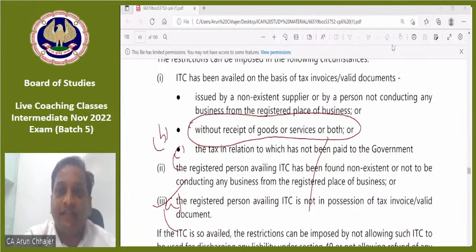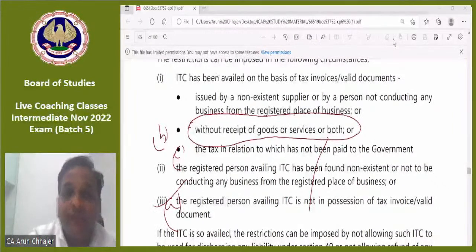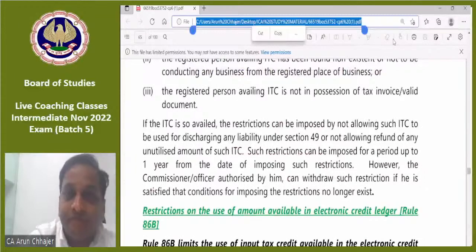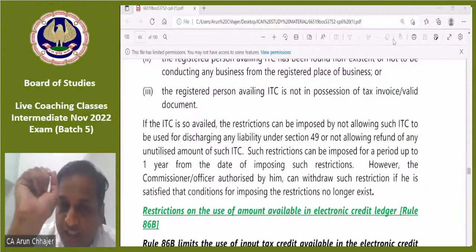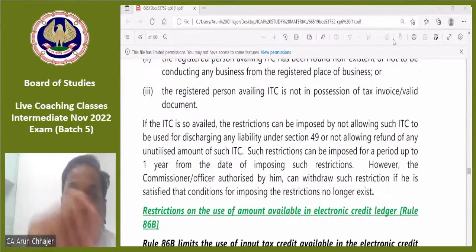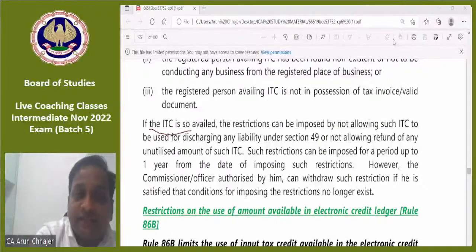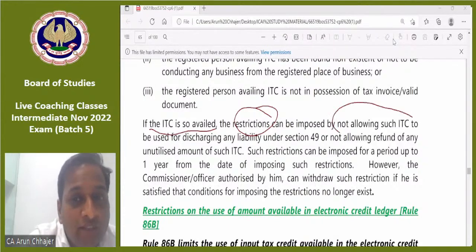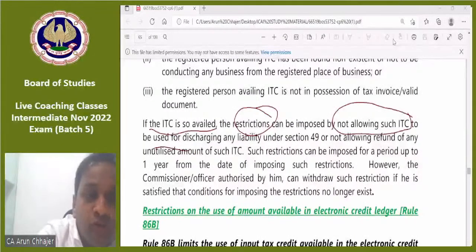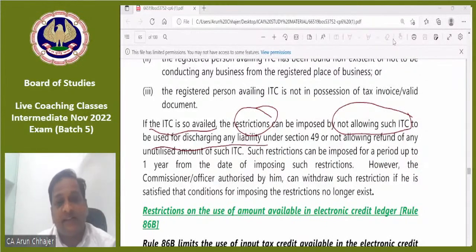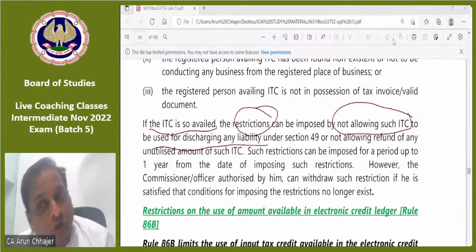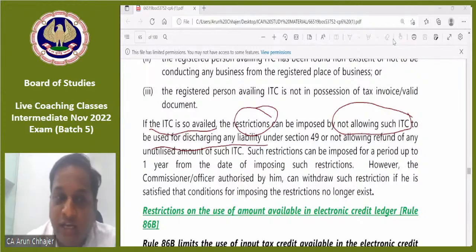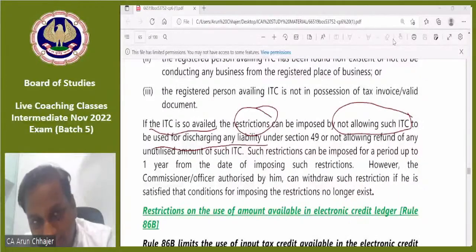Then if it is satisfied, then what? Then they are saying the commissioner or officer authorized by him not below the rank of the assistant commissioner, if satisfied that the ITC so availed, then they can impose the restriction. What can they impose? Not allowing such ITC to be used for discharging the liability under section 49 or not allowing the refund of any unutilized amount of such ITC. They are saying that they will put the restriction on the